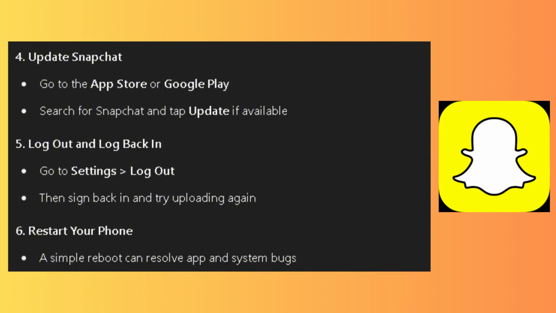Update Snapchat. Go to the Apple App Store or Google Play Store. Search for Snapchat, then tap Update if available. Log out and log back in. Go to Settings and log out. This will then sign you back in, and now you should be able to upload media with no problem in